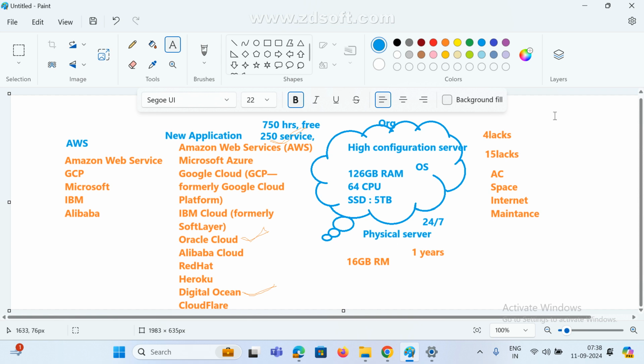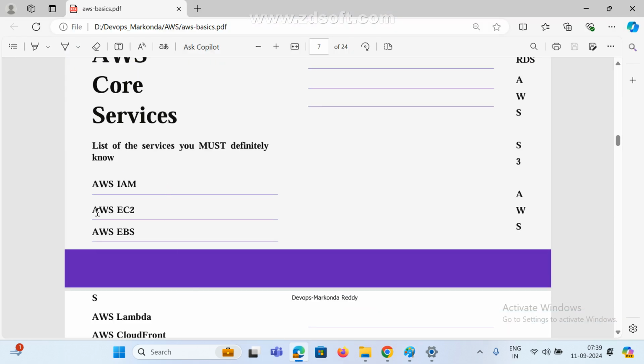That may be anything. Already you know Windows, and there are many flavors available. Windows operating system, or Linux, or Mac OS, or Ubuntu. There are many things: CentOS operating system, a lot of operating systems available. We need to install one. But if you come to cloud, with physical devices you need to install an operating system, so there is one topmost service in AWS, EC2.